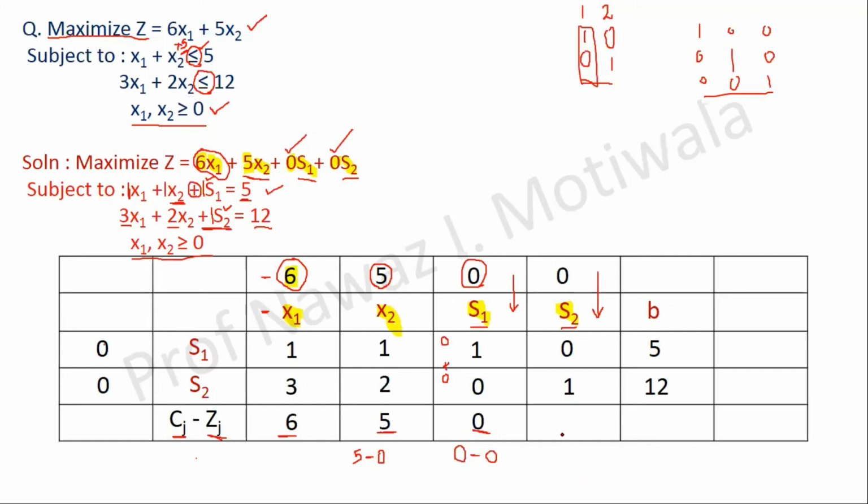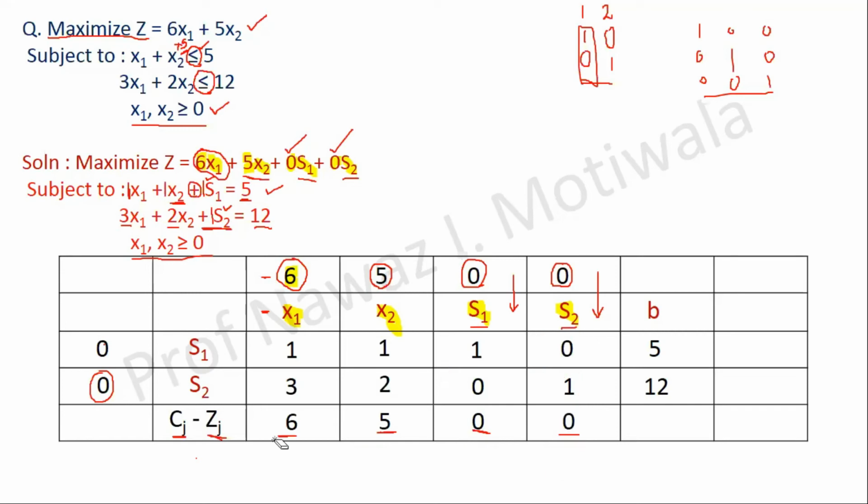Next, I want the answer at this particular point. What will be the answer at this particular point? It will again be the Cj value first. Cj value is 0. So it will be 0 minus Zj. What is Zj? Zj will be 0 into 0, so it will be 0. Here 0 multiplied by 1, so again it will be 0. And I have to add both. So 0 plus 0 gives me again 0. And 0 minus 0 gives me 0 again.